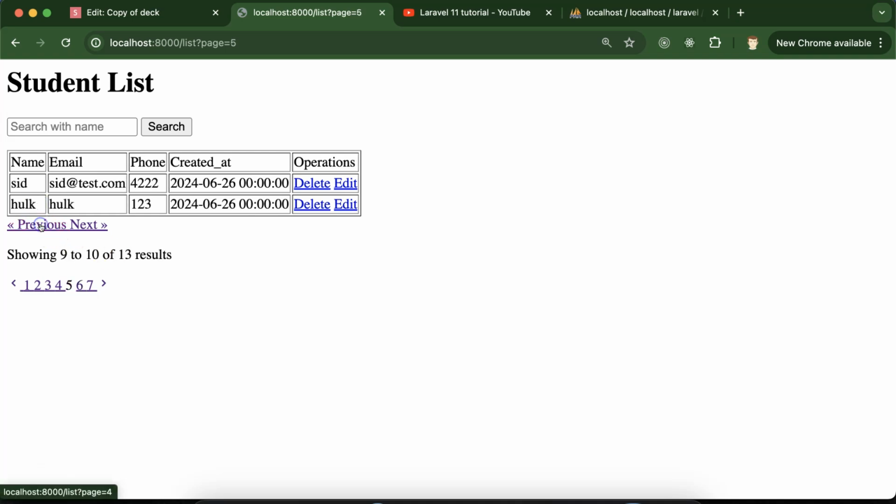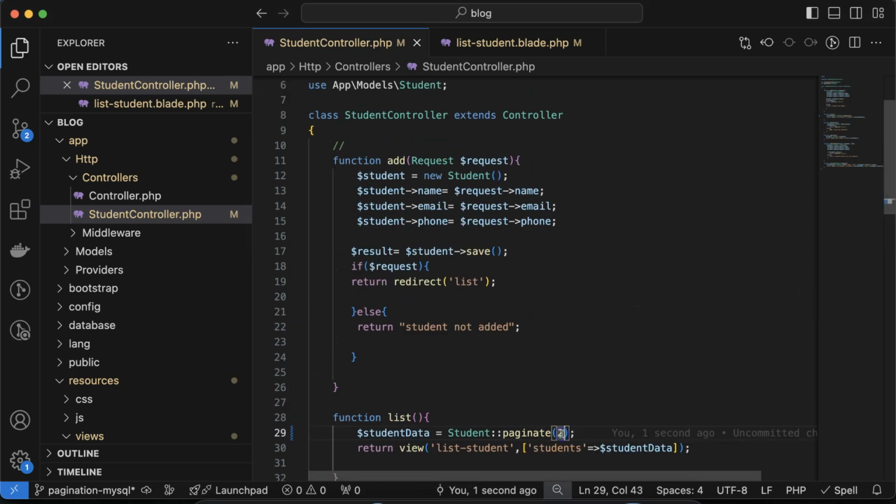So if you still have any issue, you can ask me in the comment section. This is the pagination, how it works, and let me put by default 5